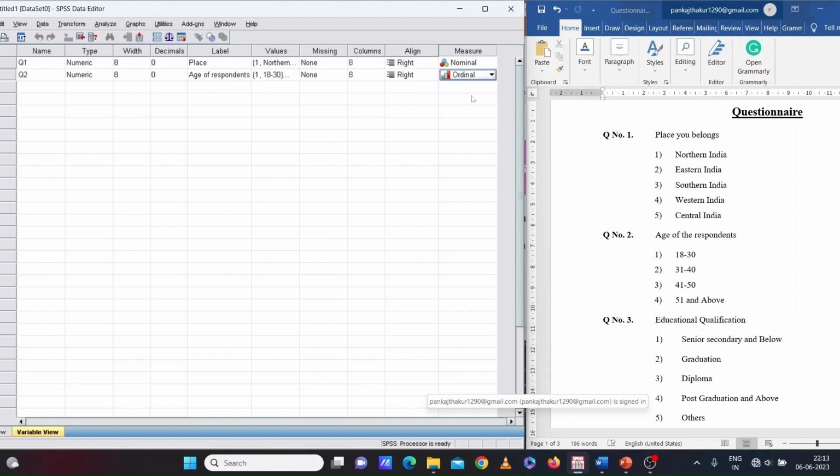Now we will move to question number 3. For question number 3, we will code it as Q3, and again it is numeric, and the label for this particular variable is educational qualification.